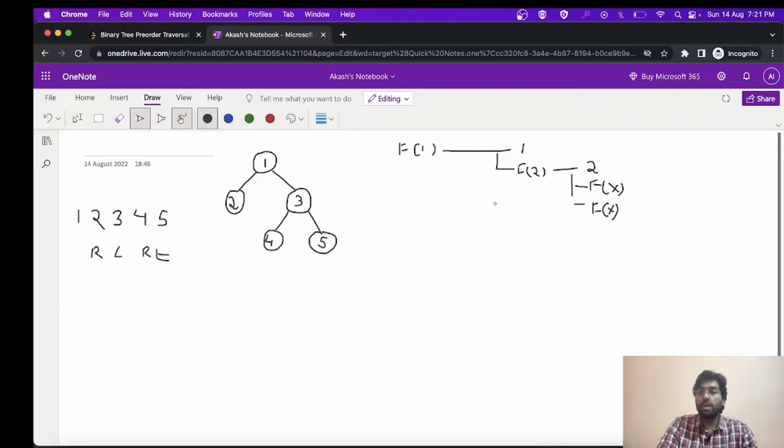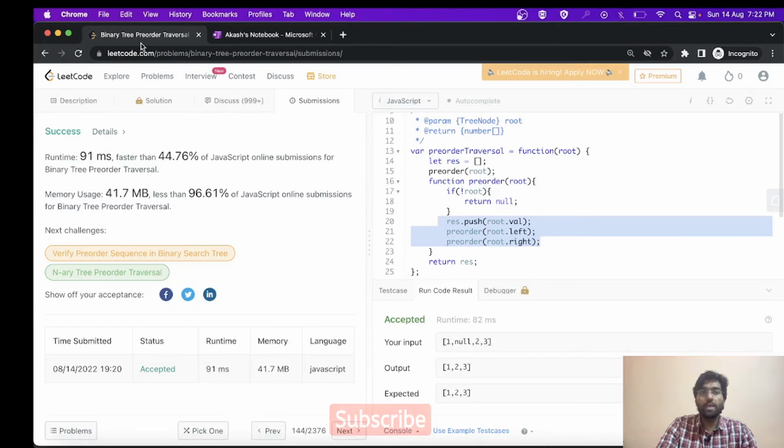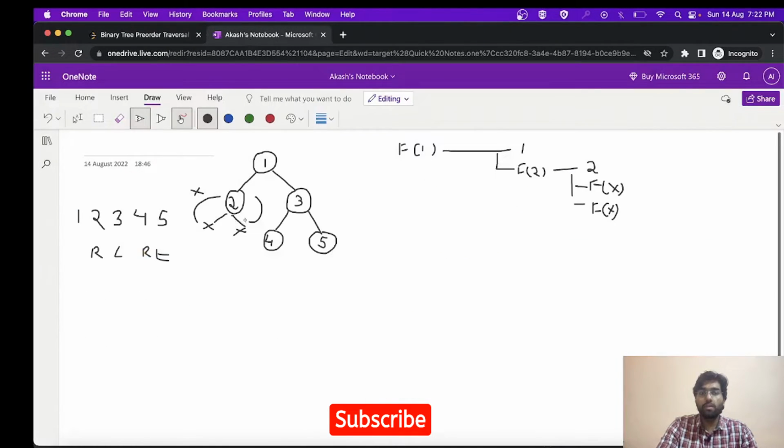So friends, what is happening over here? It first processes this root, and then these 2 calls are made for these nulls, got it. So first it will process the root, then the left subtree, then the right subtree, and these will simply return the null. Now we can look at our code, and we can say that these 3 lines of code have been executed for this 2. Now it will return back to 1, give the call back to 1, and we have processed the root and the left subtree. Now this 1 will process its right subtree, that is 3.